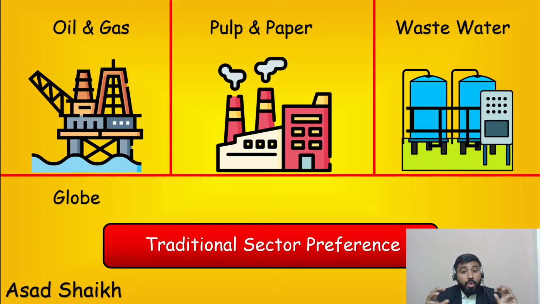But overall, because oil and gas projects are generally more challenging in terms of the differential pressures you will face, for example an ethane cracker, in all those projects you would generally see engineers usually recommend a globe valve. When it comes to pulp and paper, it is not extremely challenging but not as easy as just water treatment plants.